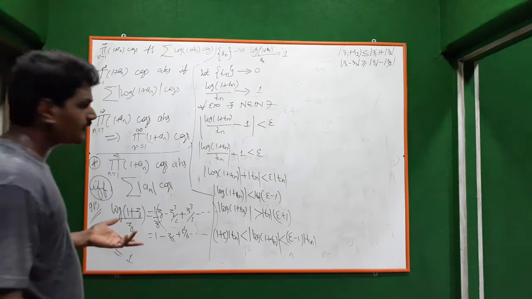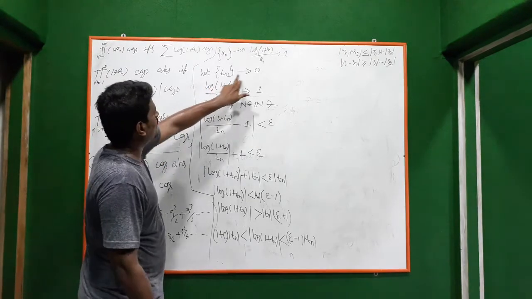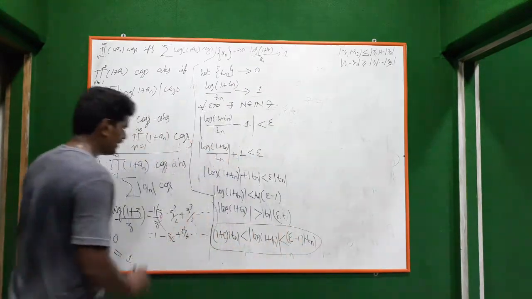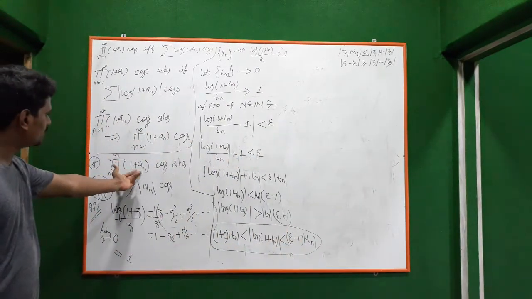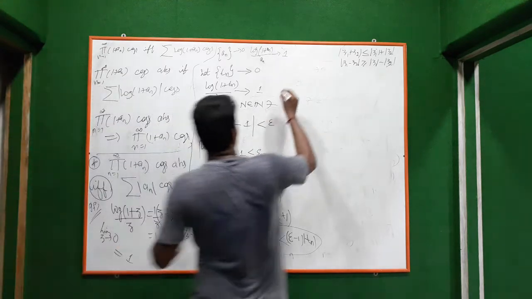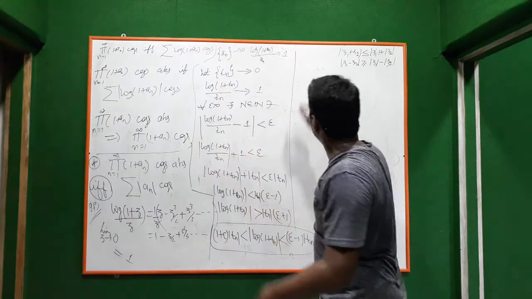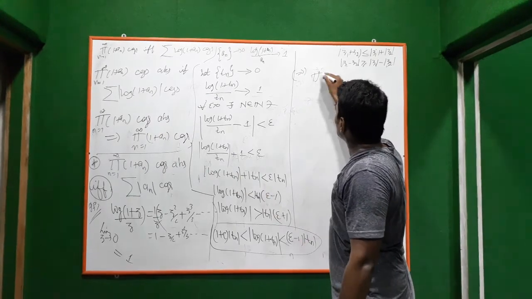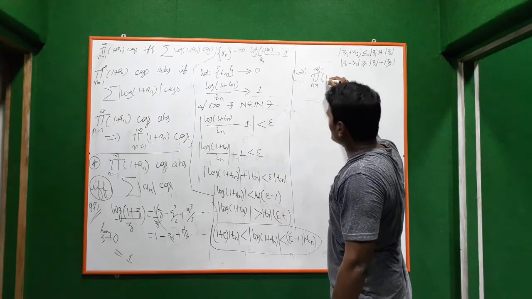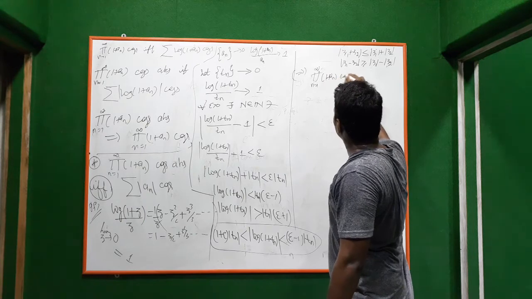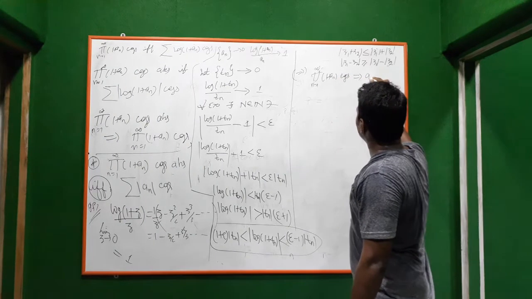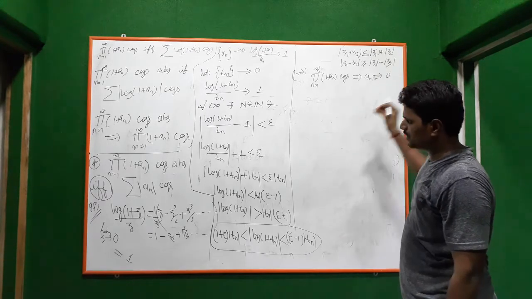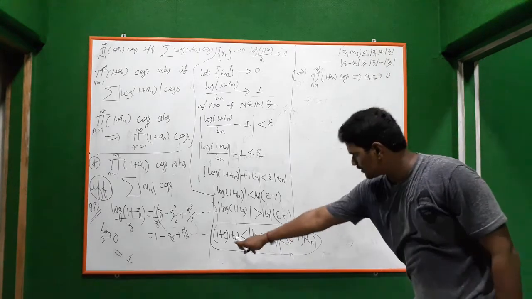Okay, how to use that? Whenever we have a sequence which is converging to 0, I can use this. Here we have a sequence which is converging to 0. So first prove this part. I'll just tell the hint, you do this. So since product n from 1 to infinity, 1 plus a_n converges, this implies what? a_n converges to 0. So since a_n converges to 0, this will be satisfied.